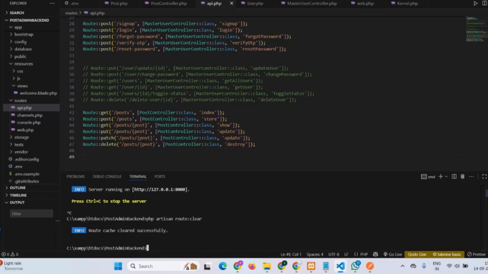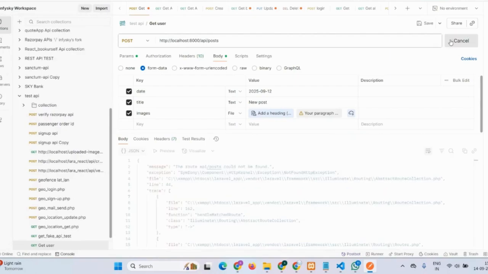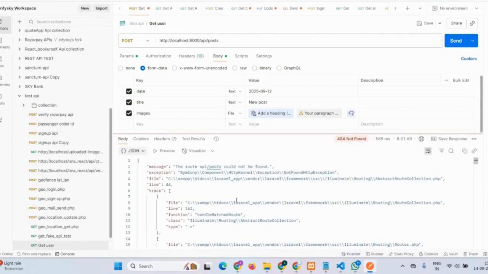Now we'll test. If you are getting this error, you can try this solution also. Okay, so one more thing we have to do here, that I'll also tell. Okay, now it is also not working. One more thing, sometimes what will happen, guys, while creating APIs and all, we will make some mistakes,